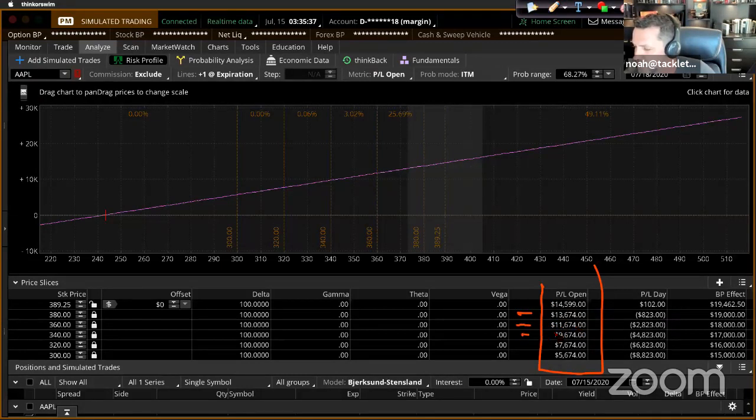11,674. If it went down another 20 points, you'd be giving up $4,000 or $5,000 of gain. You'd be at 9,674. Another 20 points. It could wipe out quite a bit of your profits, and it could go down far enough where you could even start losing money. But if you'd be willing to spend a little bit of money to protect your assets,